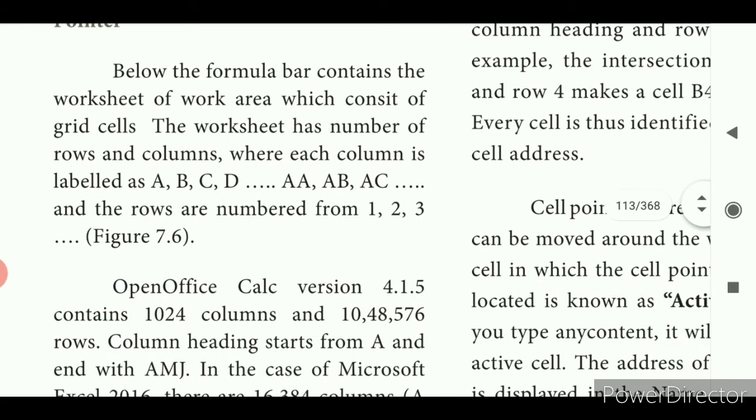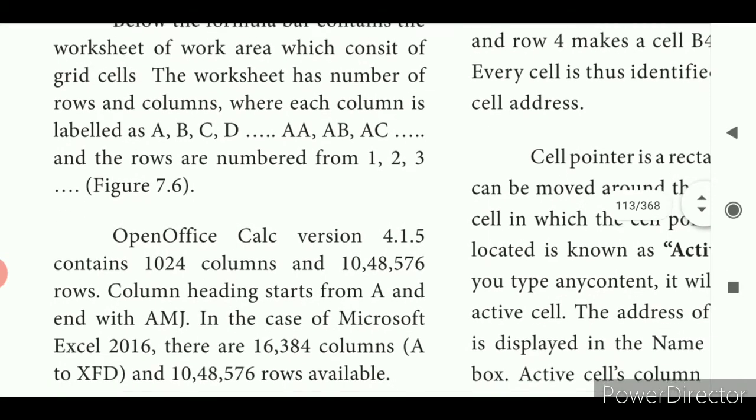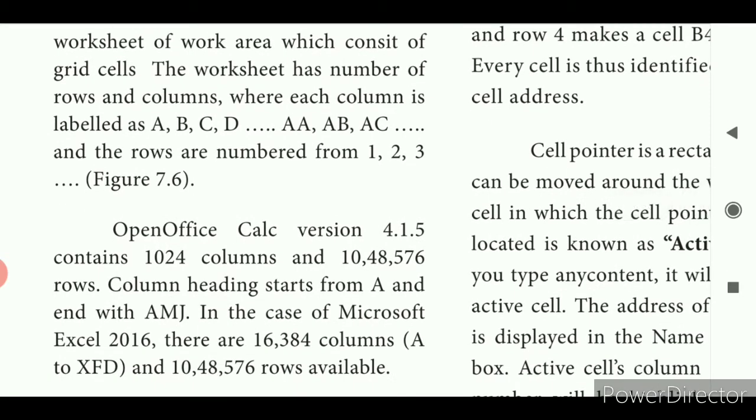Okay. So how many columns does OpenOffice Calc have? 1024 columns. And how many rows? Here you see, 10,48,576 rows. OpenOffice Calc version 4.1.5 contains 1024 columns and 10,48,576 rows.